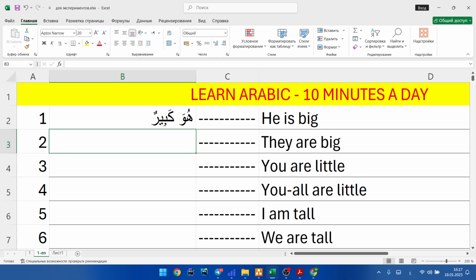How to say they are big? They are big. How to say they? We say hum. He, huwa. They, hum. They are big. Hum, big in